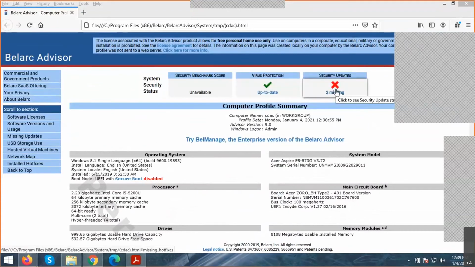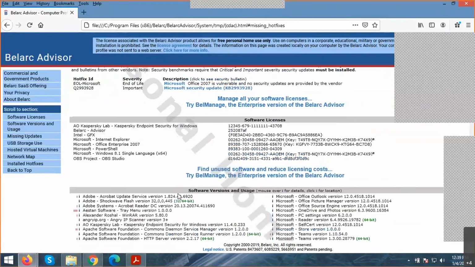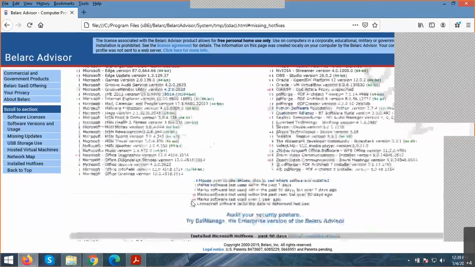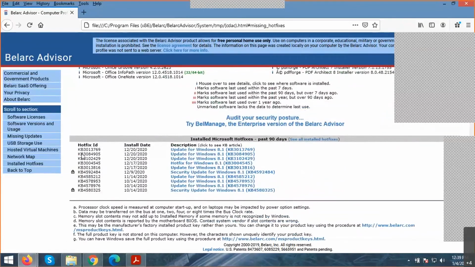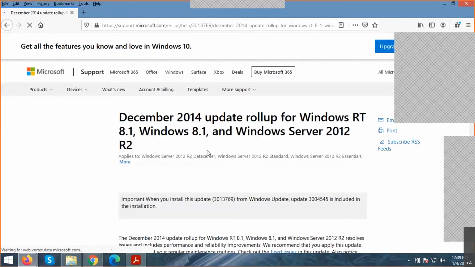These are the security updates. If I click this, here you can see what the hotfix is and how to install it. If you click this, you will be redirected to the security patches which are required for your PC. So I have to download this KB file. When I was about to install the packages, because of the time, I just restarted it. So that's what gave an error.